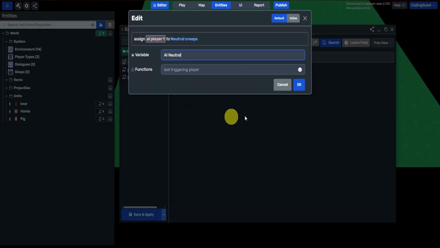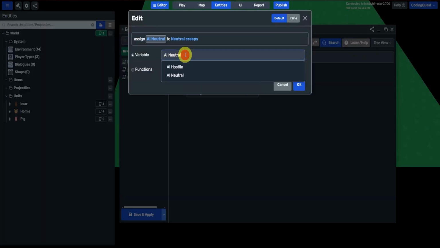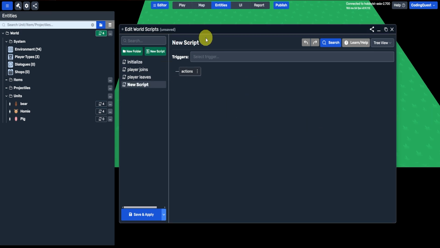So here we can set a neutral or neutral creeps. Perfect. But we also want to do the hostile, right? So we can copy this and paste it, and we'll change this to AI hostile and this to hostile creeps. So we're assigning the AI hostile to the hostile creeps. But now let's create a new script here that spawns